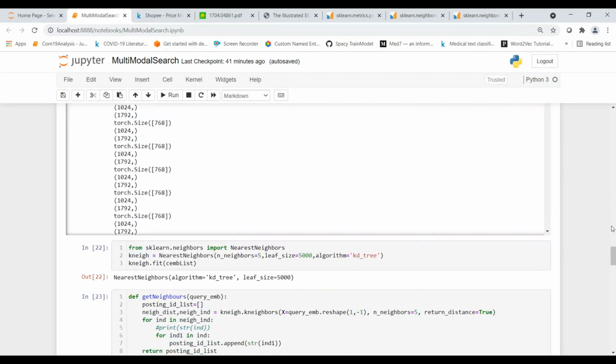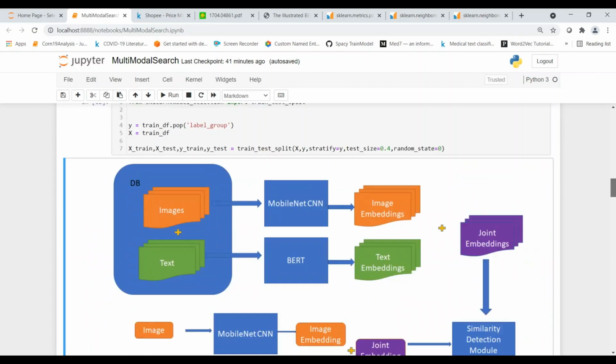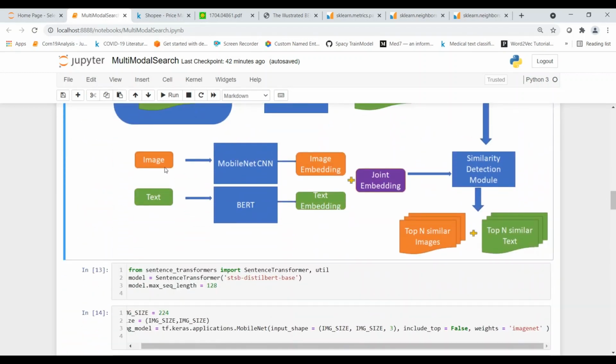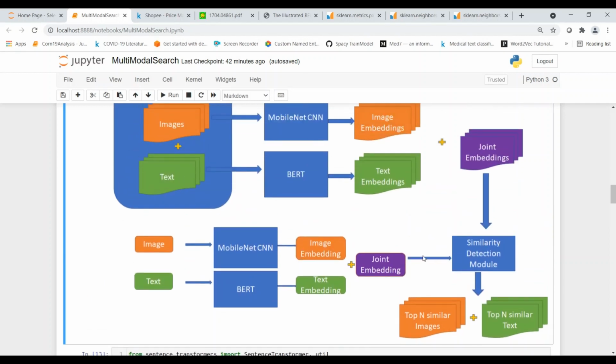Now we'll pass an image and text again to MobileNet and BERT, get an image embedding, text embedding, and get a joint embedding for your test image and text. Now you have to find out the top 5 similar from the joint embeddings of the database. For this you can use a very simple algorithm called nearest neighbor.